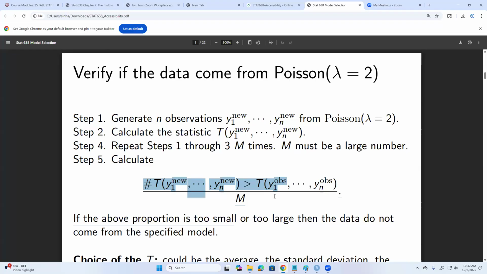You raised an excellent question: what should be the proportion? If it is around 0.4 to 0.6 or 0.3 to 0.7, okay. But okay means what? This is very subjective, right? So there is a subjectivity in the end. Same thing when we compare with the p-value, right? We say if something is smaller than 0.05 p-value,